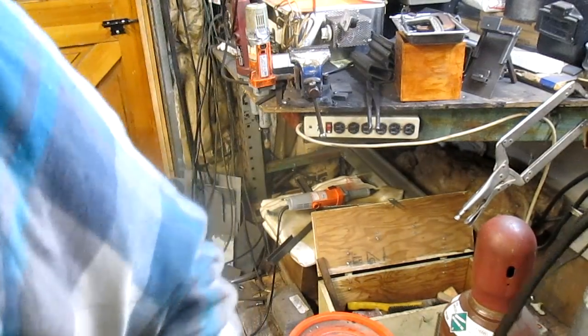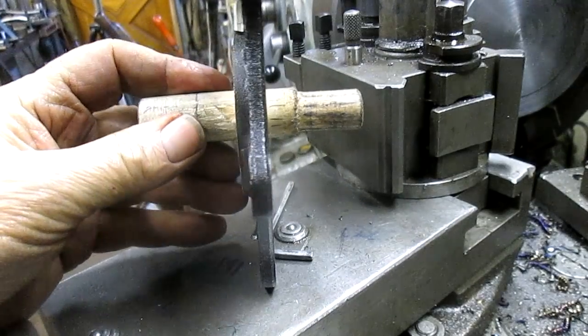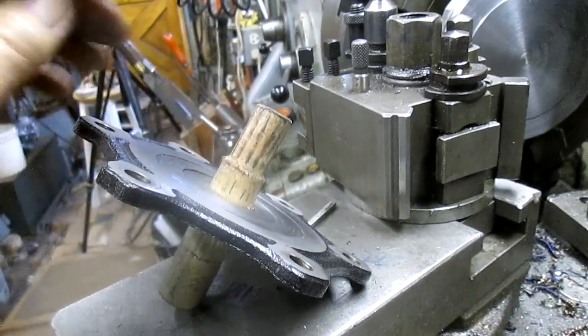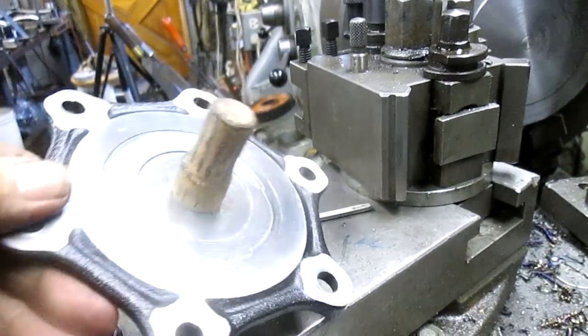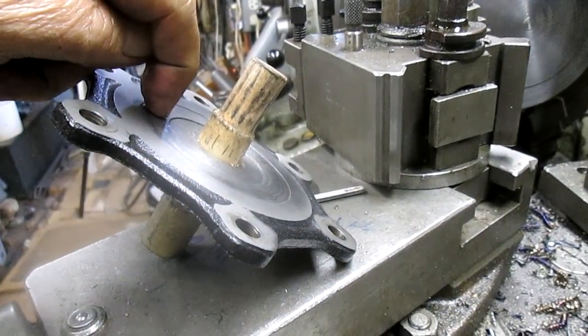In the meantime, we're over at the lathe working on this other part. Okay, well, he wants to reproduce this part, and the wooden shaft is the kind of mock-up for the metal shaft with the spline. So he wants to reproduce the shaft, and because this is cast iron, and he wants to weld the shaft to the